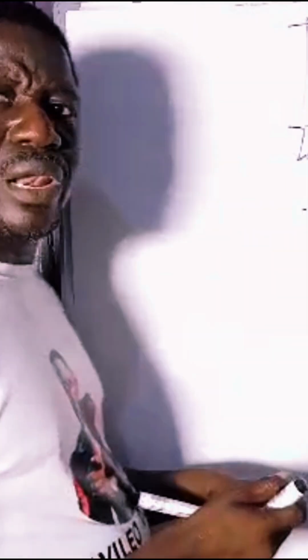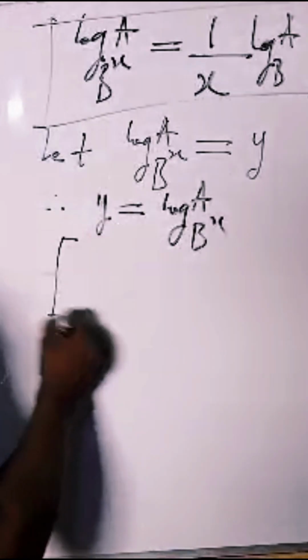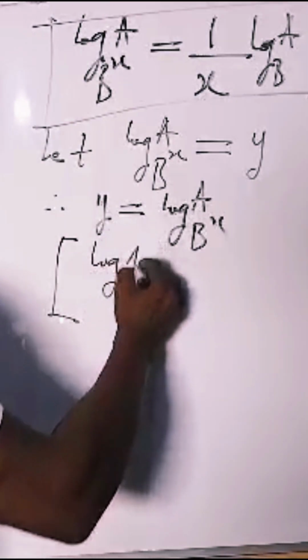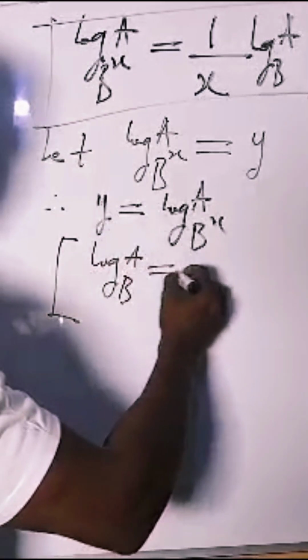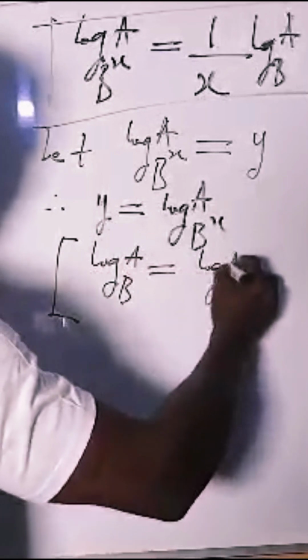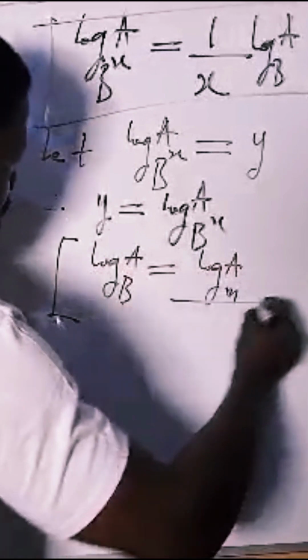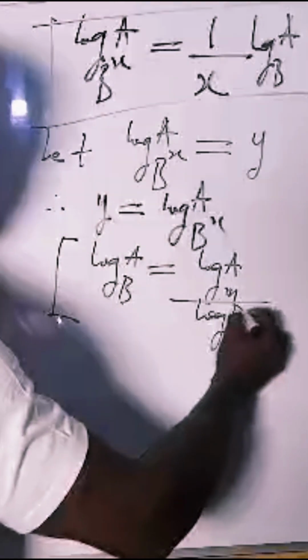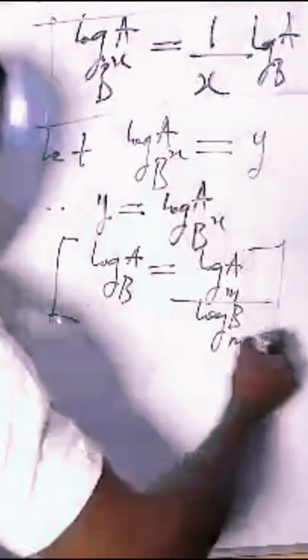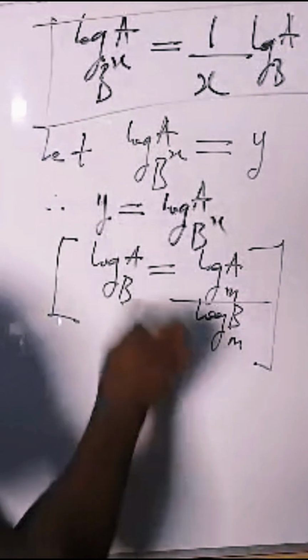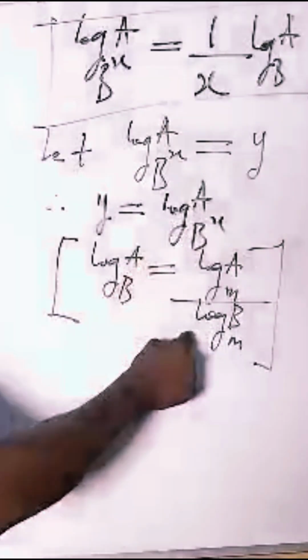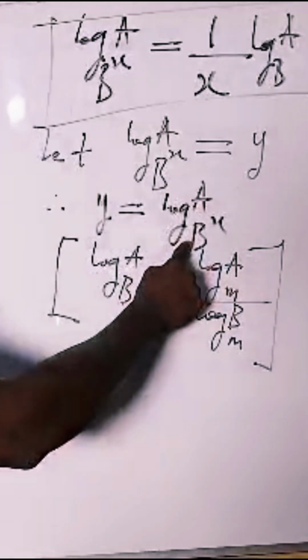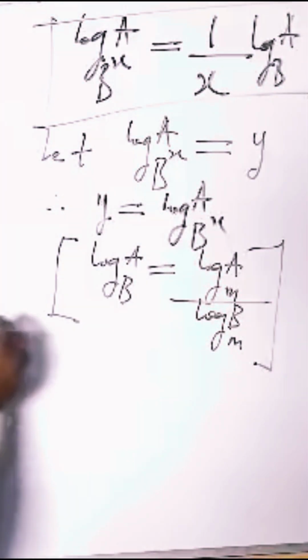Now remember one of the laws of logarithm we derived. I think that should be the fourth law of logarithm. The fourth law of logarithm states that the log of A to base b is as good as the log of A to a new base divided by the log of b to the new base. If that is true, applying this knowledge now, it means that the log of A to base b raised by x becomes